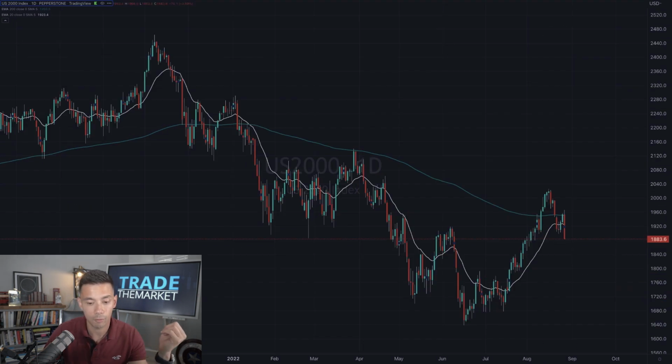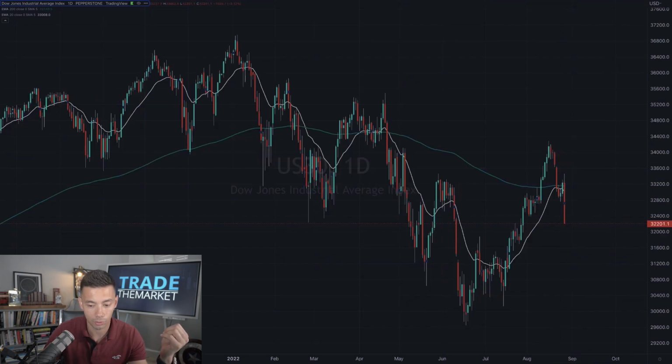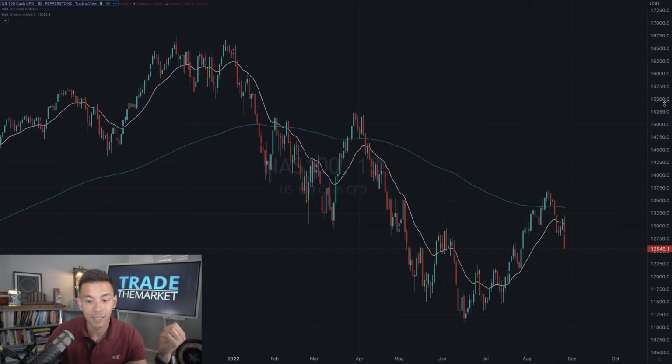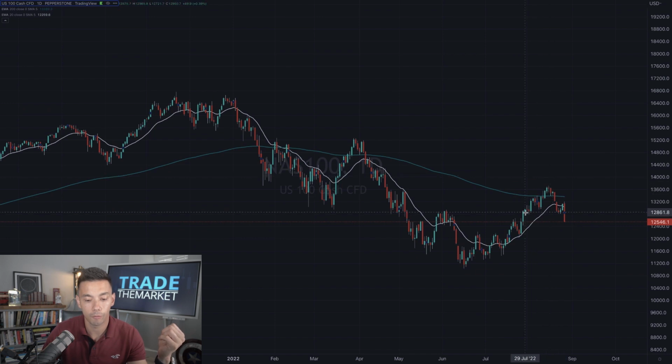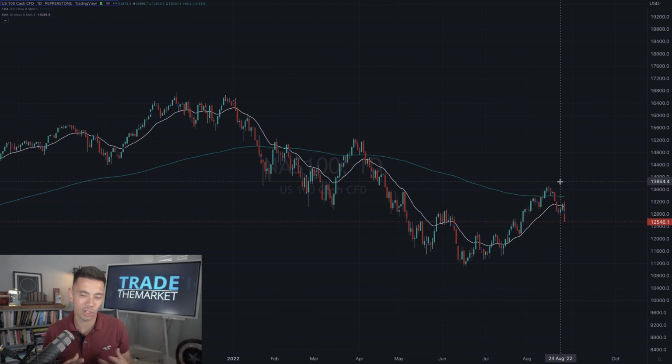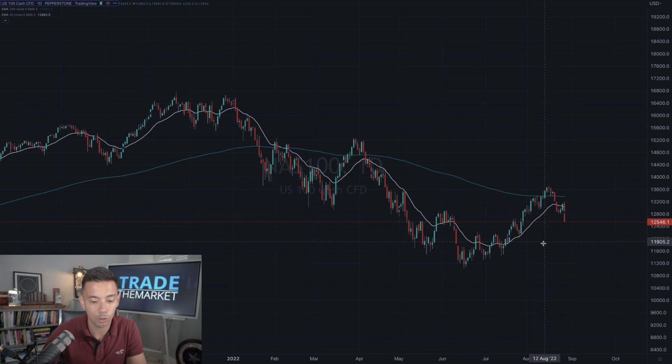Whereas if we look at the Russell, or the Dow Jones, or even the NASDAQ, they're all coming off of recent rallies. So there's a lot of buying pressure there, a lot of people taking profit. So just the position, the context that you would be taking these trades from, you're not trading directly at the lows there. So from a reward to risk ratio perspective, they would be the ones that I would be more interested in.